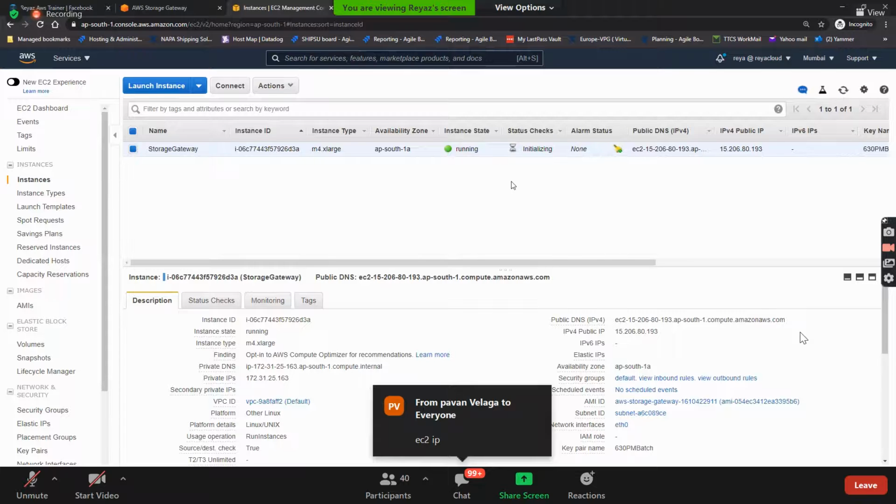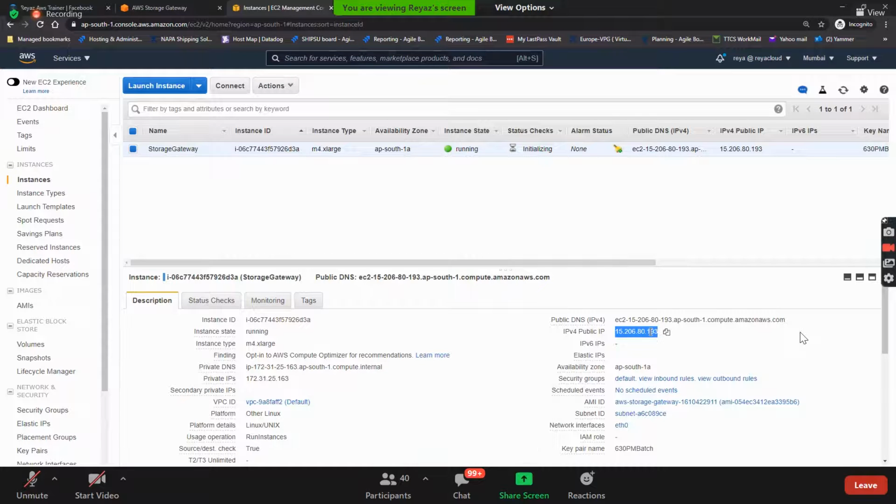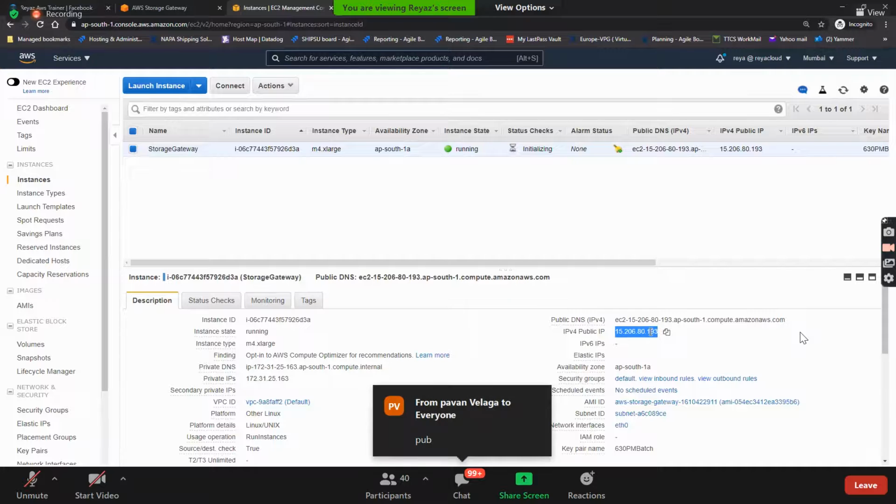Nice, EC2 IP. Very good. Let's select that IP. Guys, if you are setting up the storage gateway on EC2, would it be good to have public IP or elastic IP in real time? Nice, elastic IP. Okay, it is now ready.